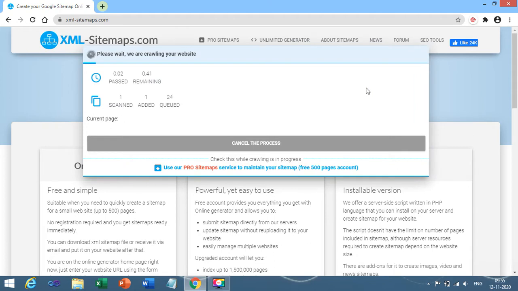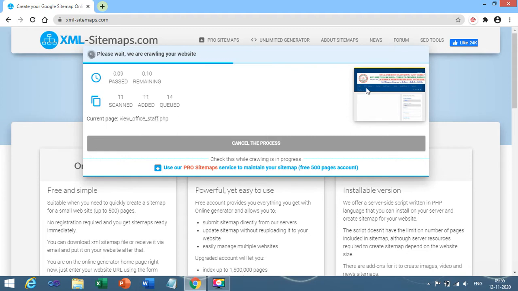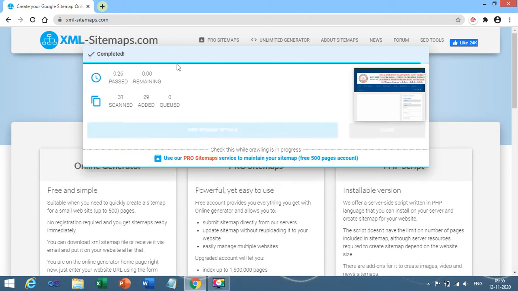It will take some processing time, so you need to wait until the steps are completed. Over here you can see how many pages are scanned, how many are added, and how many pages are in the queue.